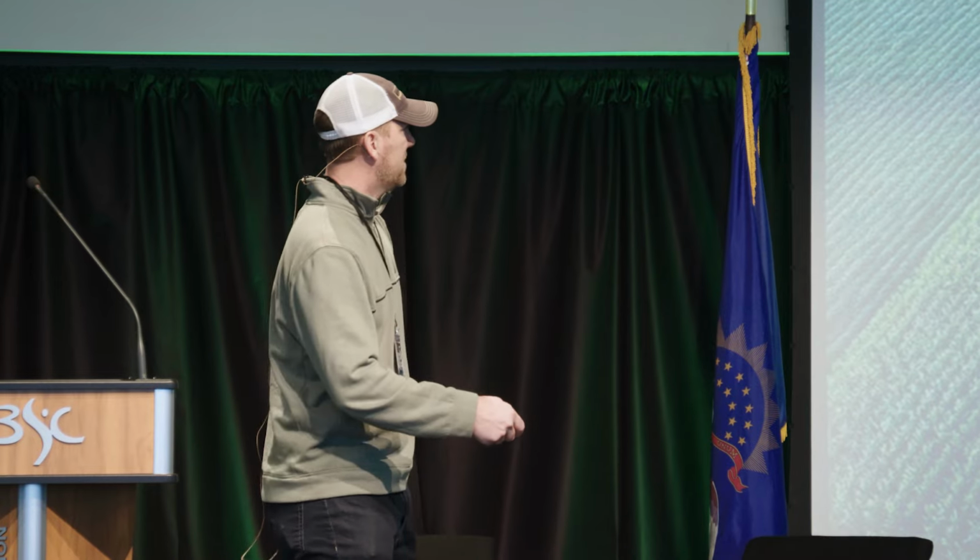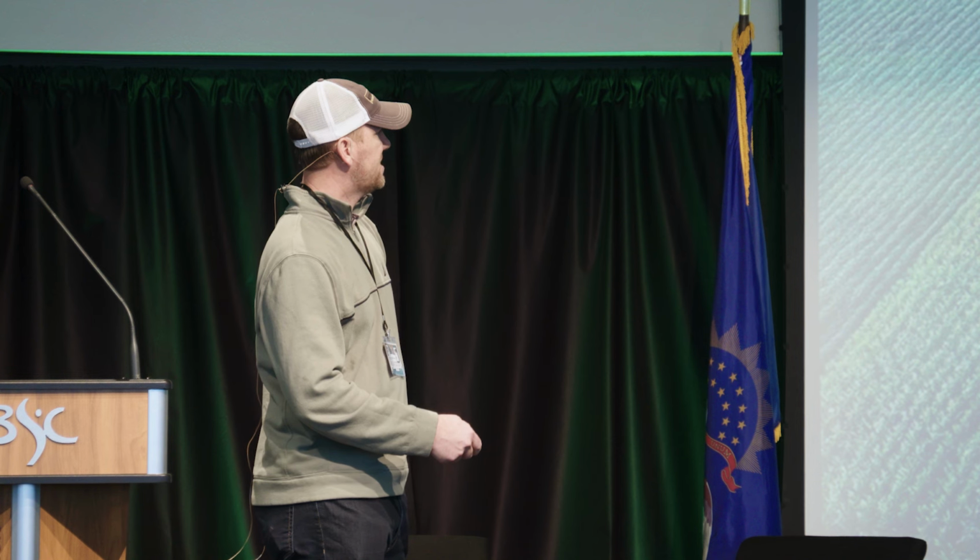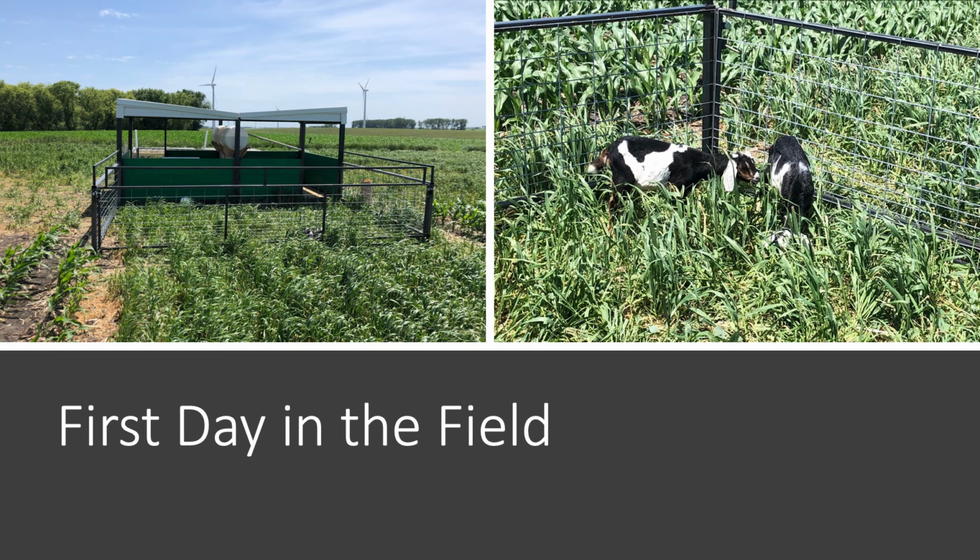It's a little bit tough on these screens, but we changed the arrangement of the corn as well to maximize this edge effect. So we planted a shorter hybrid on the outside of the strips and then a taller hybrid in the middle. And you'll see in a few slides why we did that. We also increased the population, driven by maximizing the population and the yield on that outside full sunlight row. So I'm just going to run through real quick some of the pictures from that first day